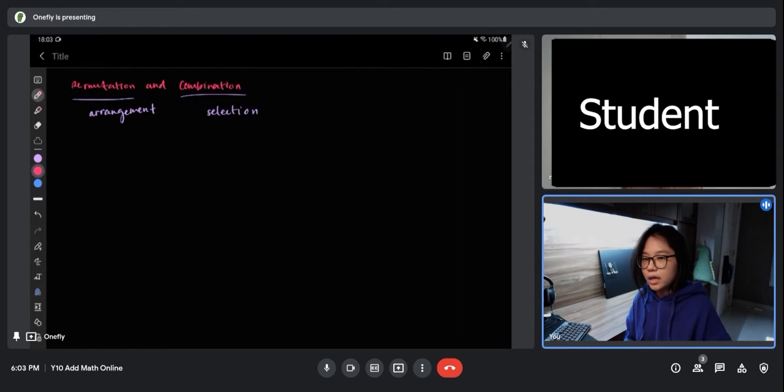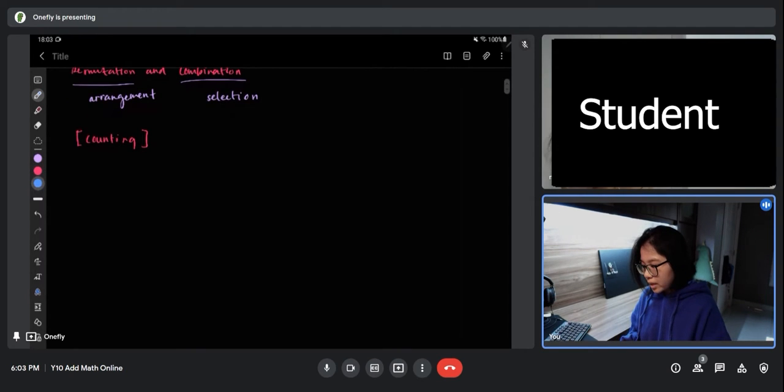Okay, so how do arrangement and selection relate to math? Actually, we're not so much concerned about how we arrange, but we are more concerned about how many ways we can arrange. So basically, we are doing a lot of counting with the arrangement and selection. Okay, that is one thing. So when it comes to counting, firstly, we are counting